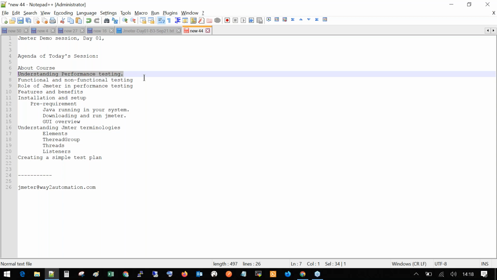Basically, it's a terminology which says that performance testing is done to evaluate the performance of an application. Performance differs from application to application. In performance testing, we define what exactly we want as a result from the application in terms of performance. When we talk about performance testing, we will talk about software performance,